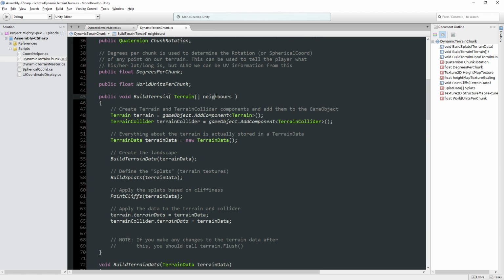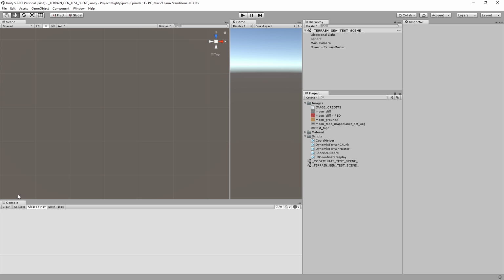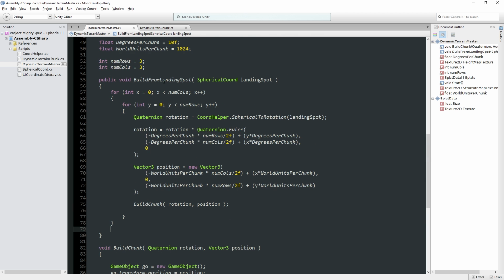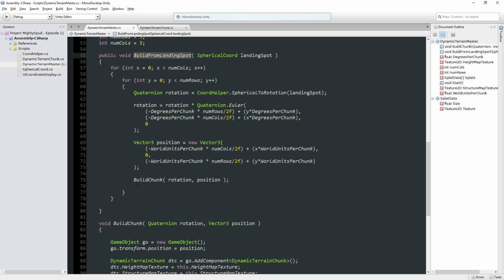So we are not passing the neighbors here because that would cause an error. I think if I just go to Unity, we're good right now, right? No errors, everything's good? Yeah, okay. So we've got this build from landing spot, which these things might change, but we're going to say something like